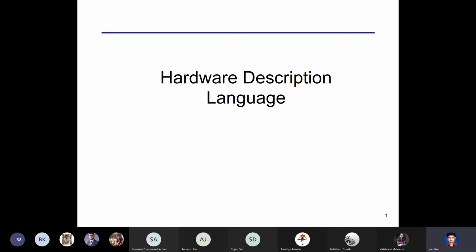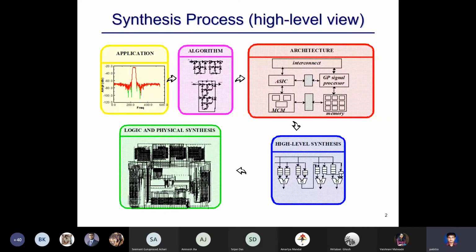So in order to design or build such systems, there are a number of steps to be followed, and it's as complex as software development in general, maybe even more complex. And there are large teams and other people involved in such design. If we look at the overall flow, this process of finally building a chip from some requirement is called a synthesis process. And you go through several steps.